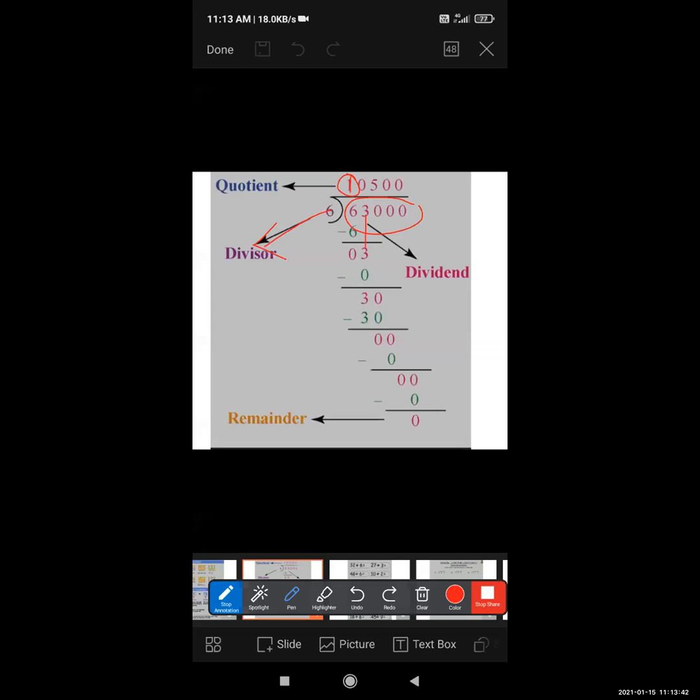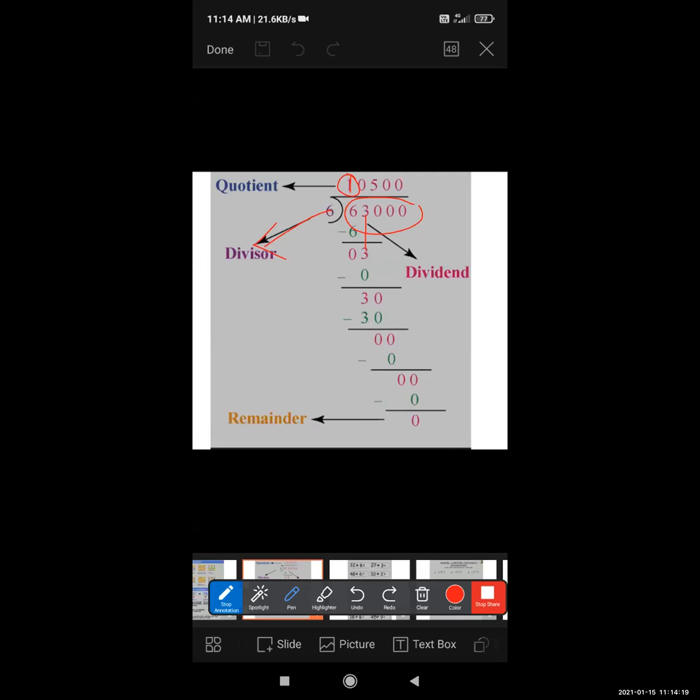That is 3. Okay. So tell me now, in the table of 6, 3 is there? No. So at that time, what will you do? Take the 0. If in the table of that number the same number is not there, because the divisor is big and in the dividend that number is very small, you want to take out the 0. Keep it in mind, okay?